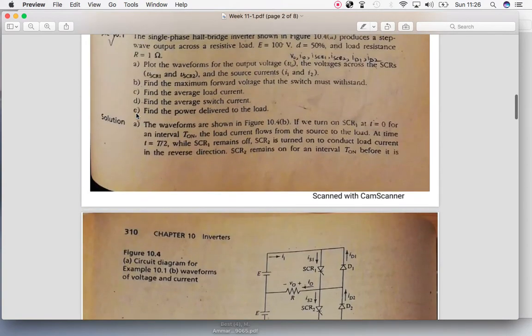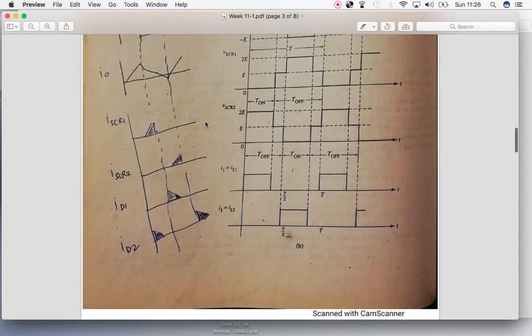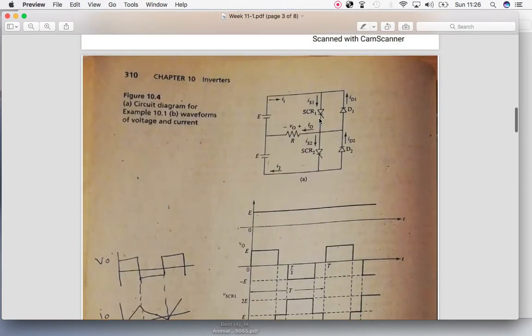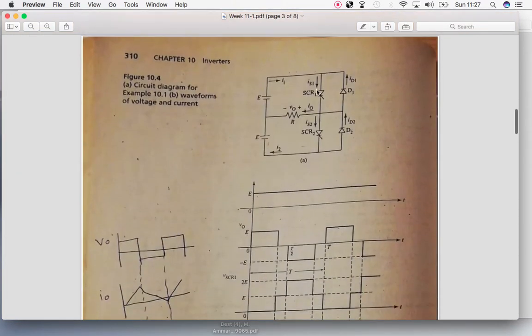So now we are able to calculate the B part, in which we have to analyze what voltage these switches can withstand, and how they are designed to withstand that voltage. They are designed to withstand the summation of these two voltages, which is, you can see, 100 volt each. So we multiply this by 2, and both the switches in the circuit have to withstand these 200 volt.